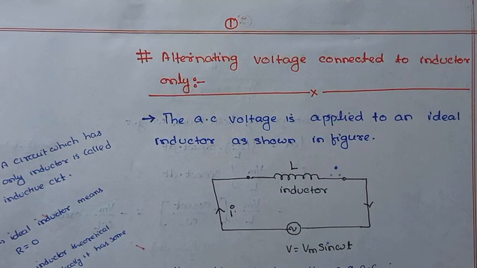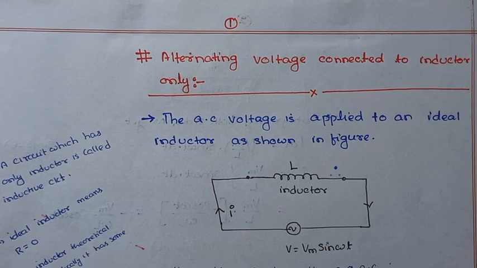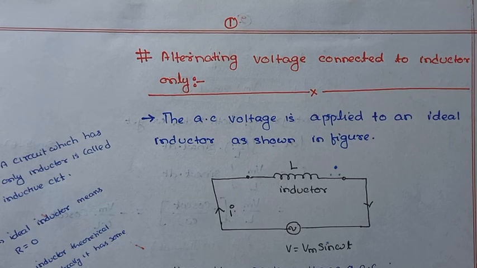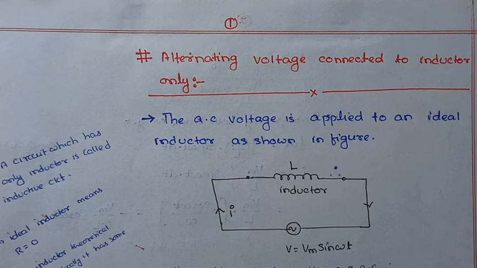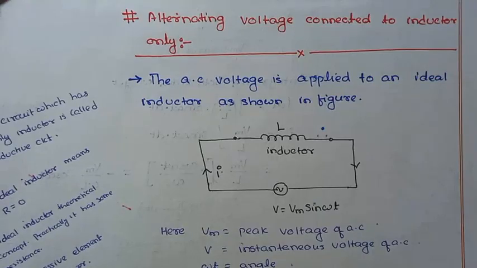आज का लेक्चर में हम लोग सीखेंगे when AC voltage is supplied to a circuit which has inductor only, then the relation between voltage and current, their phasor diagram, their time diagram, and to find the curve for XL versus frequency, and to find the dimensional formula of XL.